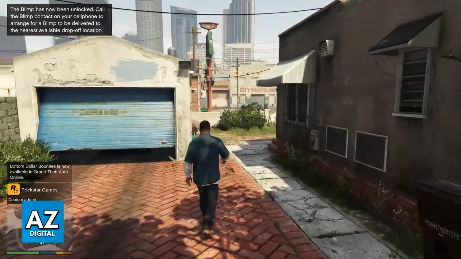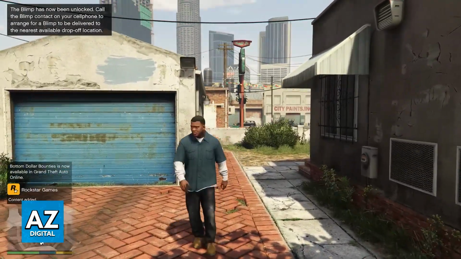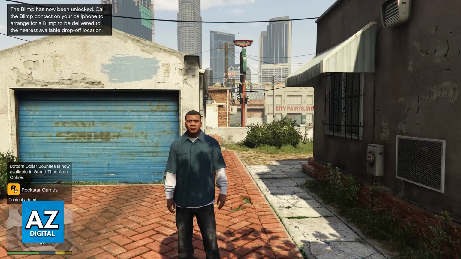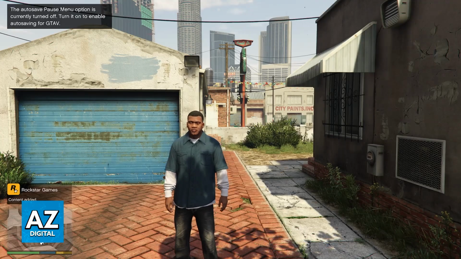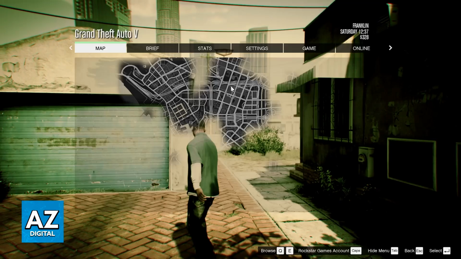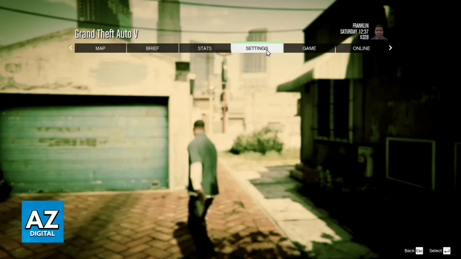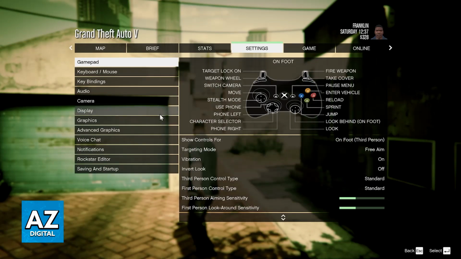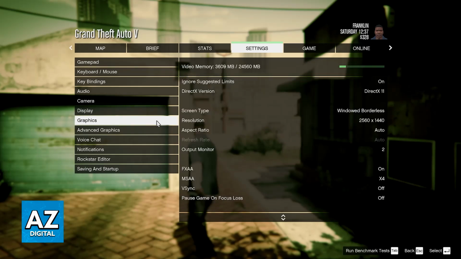Now, you will notice that I am recording this video on the story mode of GTA 5, but don't worry, everything that I say in this video is going to be able to be reproduced if you are playing RP. So first, inside of the game itself, pause at any point and go over to the settings. Inside of the settings, this is where you will get the biggest effect on your performance. So go over to graphics, and in here, you will be able to tweak a lot of settings.